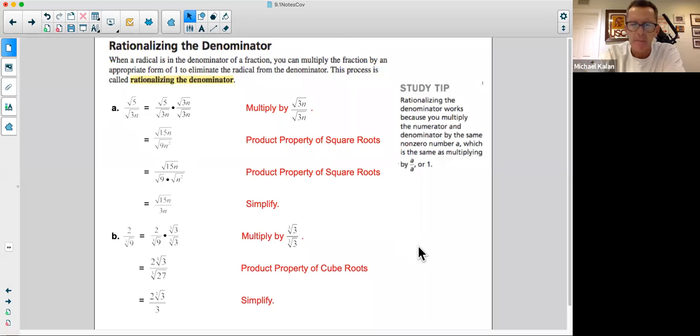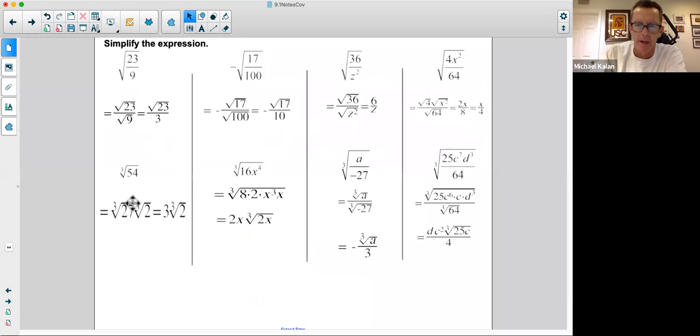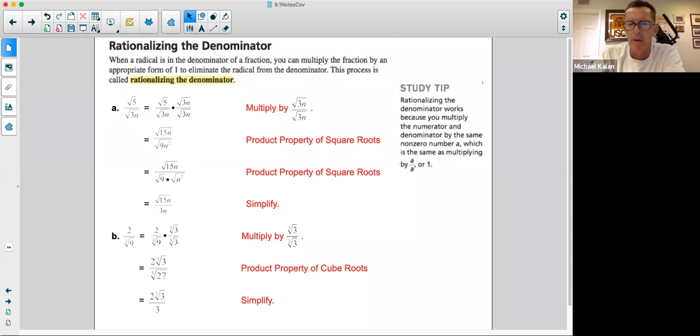Okay. Now, on all of these problems, what always happened in the denominator after we split it? You never had a radical, right? So you're probably thinking, okay, well, now what do we do if we do get a radical? And what we need to do is what we call rationalizing the denominator. And the reason we call it rationalizing is